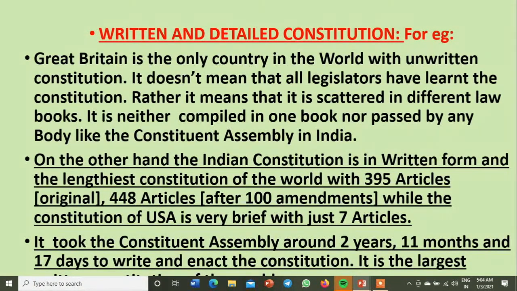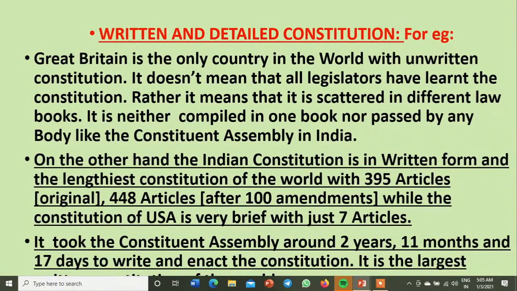But it is not compiled in one law book like we have one book that is called the Constitution of India. That is a book passed by the body that is the Constituent Assembly. But Great Britain's constitution is not like this. That is an unwritten constitution. On the other hand, the Indian constitution is in written form and the lengthiest constitution of the